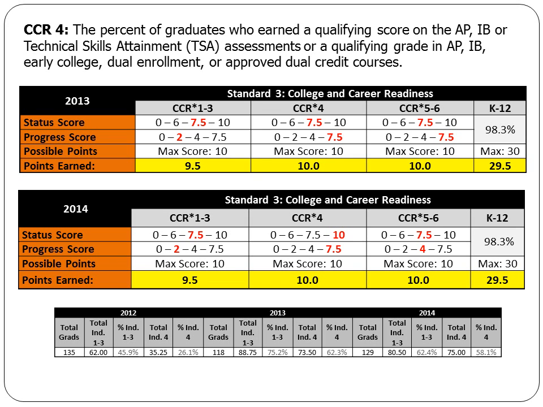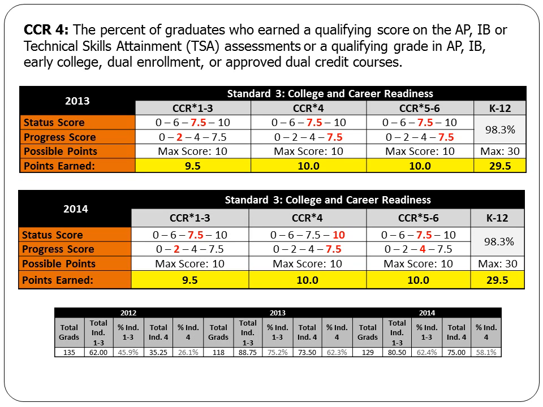The percent of graduates who earned a qualifying score on AP or TSA or dual credit was 10 out of 10 for 2013 and 10 out of 10 in 2014. As you can see, we did score 7.5 out of 10 in progress points, but we scored 10 out of 10. You can only receive 10 points total, but we were able to score 10 points for the status and also showed a progress increase that was there, although we only get the 10 points.